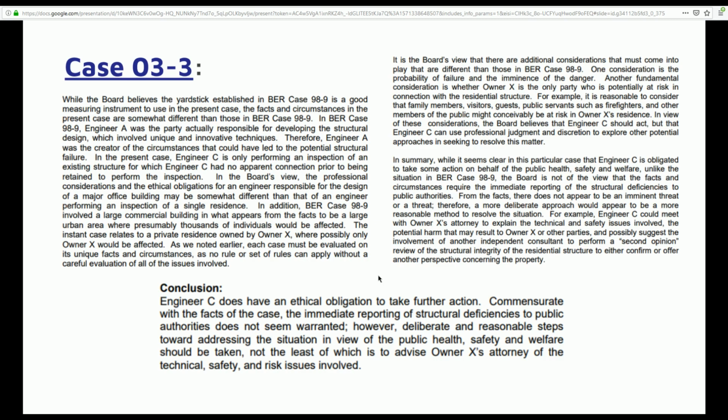So again, the Board of Ethical Review here, it's not a wild sort of justice operation. It's not really thinking about what's in the absolute best interests of the public. The Board of Ethical Review here really is trying to consider not just the interests of the public, but also the interests of the engineer, the professional interests, the professional circumstances of that particular context,